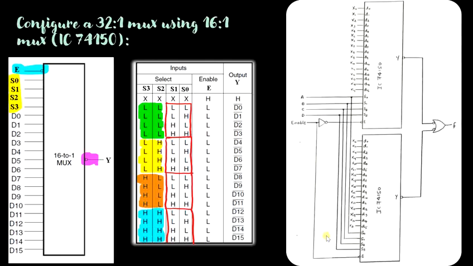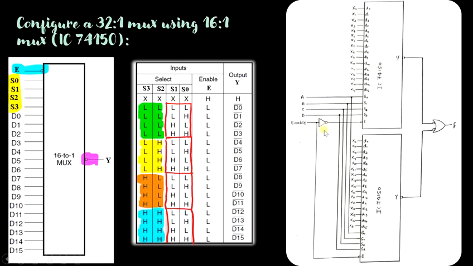Now to configure the 32:1 mux using 16:1 mux, which makes use of IC 74150. You have here totally 16 data lines, and in the second IC also you have 16 data lines. So 16 plus 16 gives you 32 data lines. So 2 ICs are required. The enable input pin is represented as enable here, and since this is supposed to be active low, what we